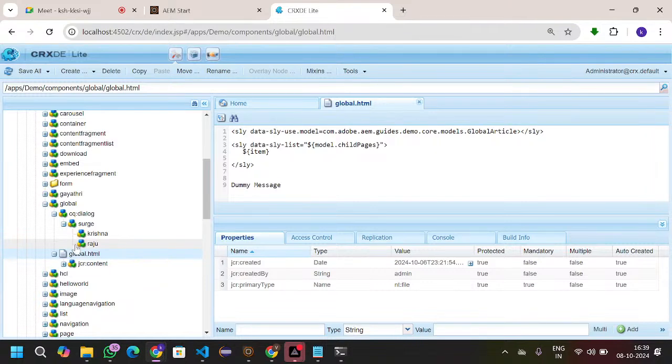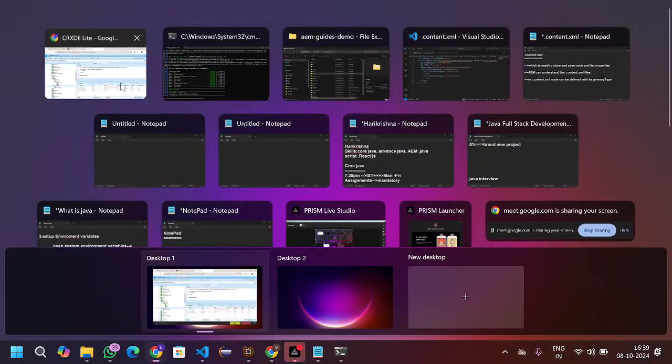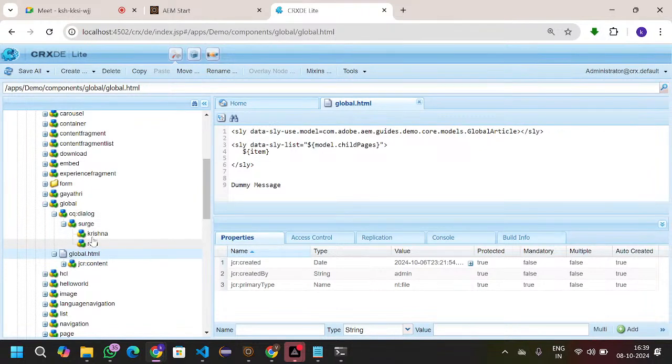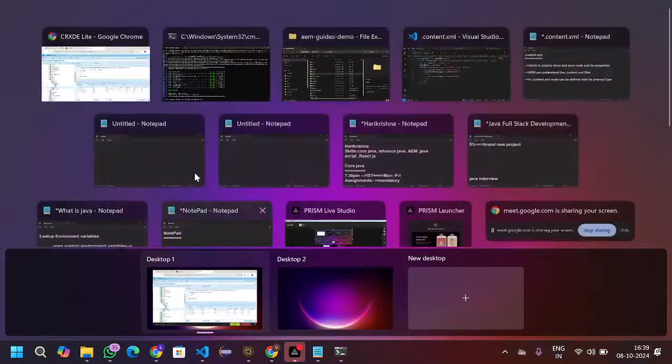Generally all the nodes and their properties will be available in the content.xml. So that is the reason. The content.xml will save and store the node and its properties. Node and its properties. For example,